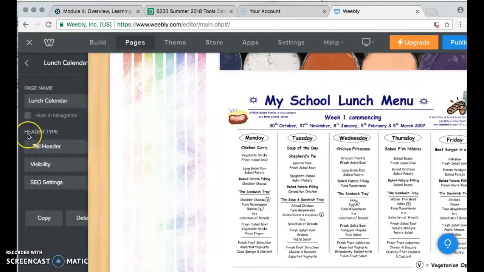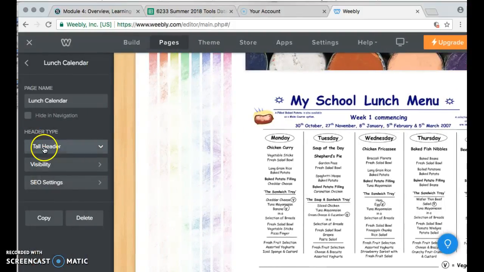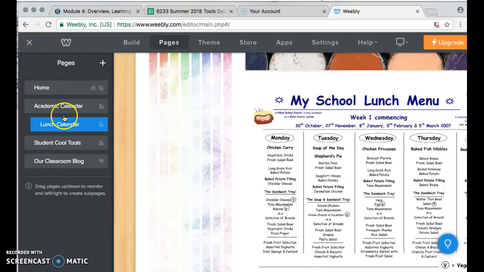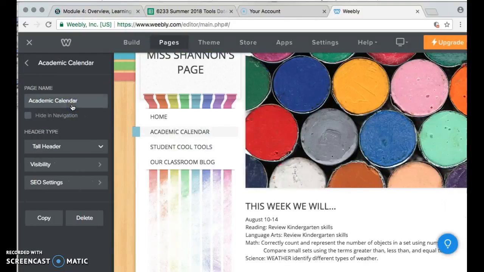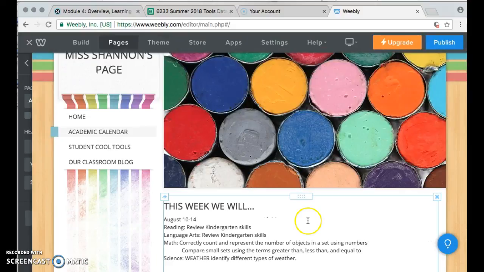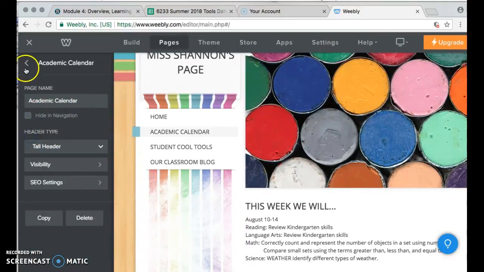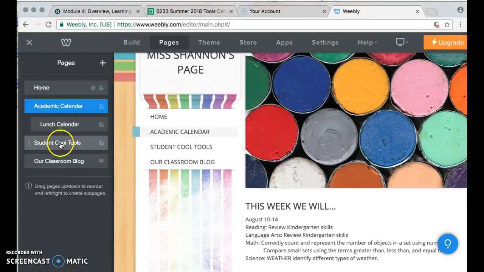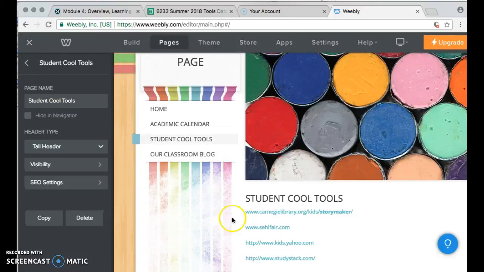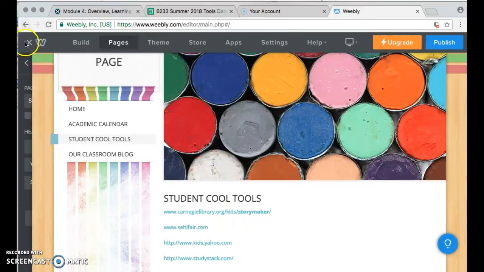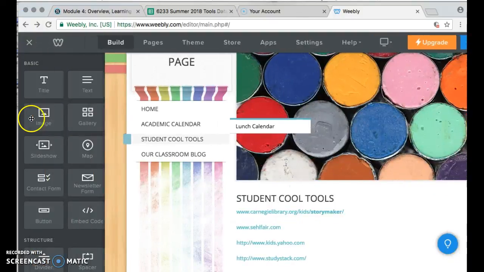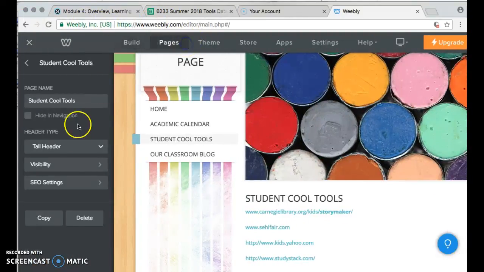So this is just a way for parents to keep up. This is also a good communication tool. And then I did the academic calendar. I kind of just tell what we're going to do this week. Student Cool Tools, add some different websites that they can visit. And then also